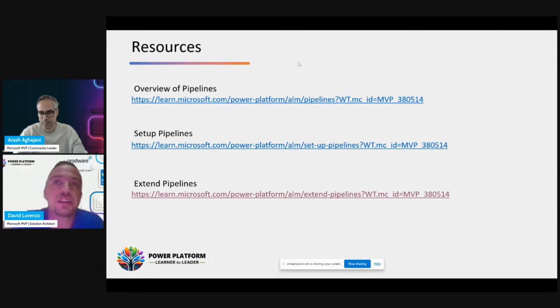Another thing: when Microsoft released the first version of these pipelines, it was so closed that you couldn't extend it in any way. Now you have all the power of Power Automate to intercept the different stages and extend it.